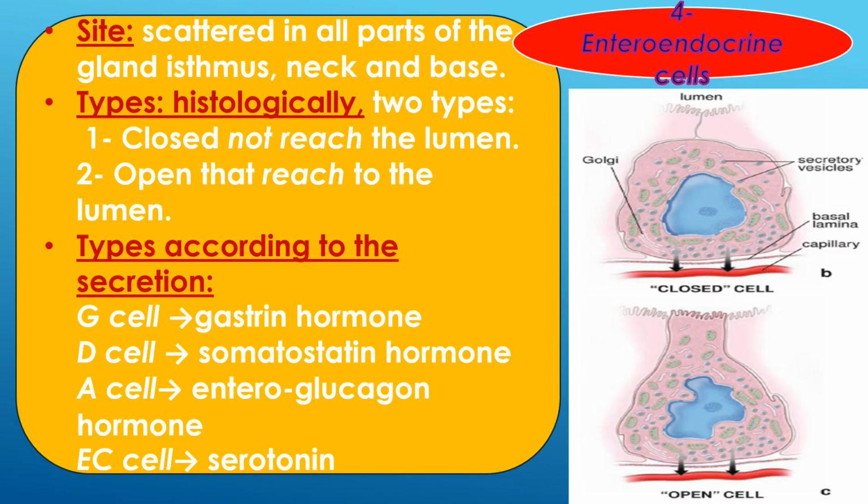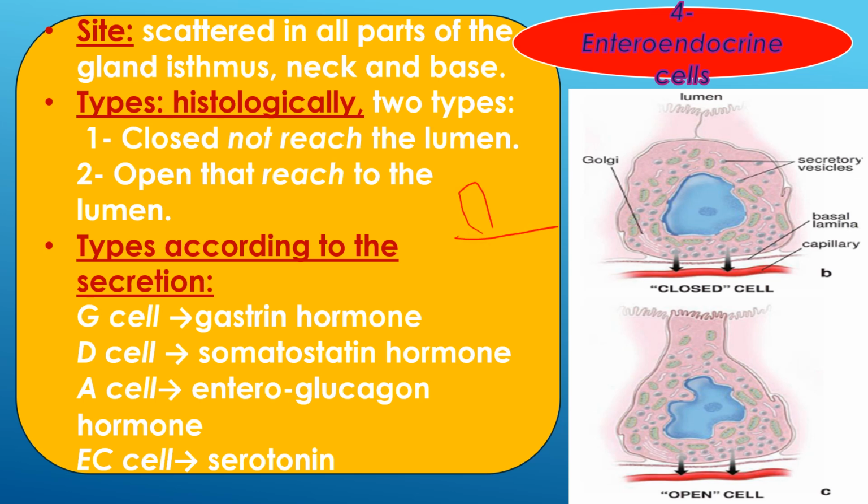We are going to talk about another type of cell, which is a cell responsible for secretion of hormone. A cell which secretes hormone into the circulation is called an enteroendocrine cell. It is in between the enteric epithelium, so it is enteroendocrine cells. It is a low columnar cell of two types. If it is lying in between the cells,